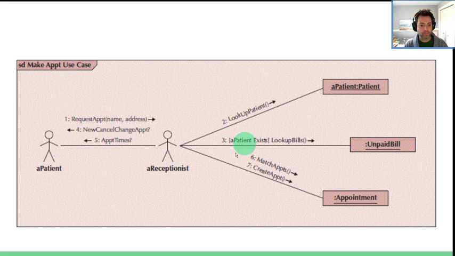So here's our make appointment use case. It's actually a lot cleaner looking too, right? It's a lot less complicated. Well, we have our patient, we have our receptionist. Here we have just one line though. So again, if I want to request an appointment, go through the whole process, come back to the patient at the end. Do you want a new appointment, cancel, or change? Here are the appointment times.